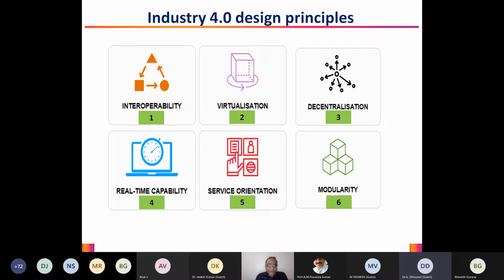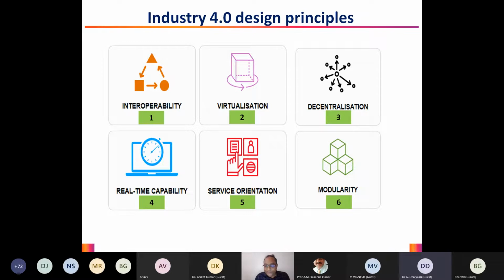And then comes something called real time capability, right? One of the prime factors of Industry 4 is real time capability, where we want the data to be measured and analyzed in real time, so that decisions can be made more quickly, right? And also we can avoid any possible errors that creep in at a future time. Then there comes service orientation. The whole idea of service integration is basically giving prime importance to the customers now. It involves interaction between businesses and the internal people that are managing various resources, so that the customer needs can always be met, keeping their priorities in mind.